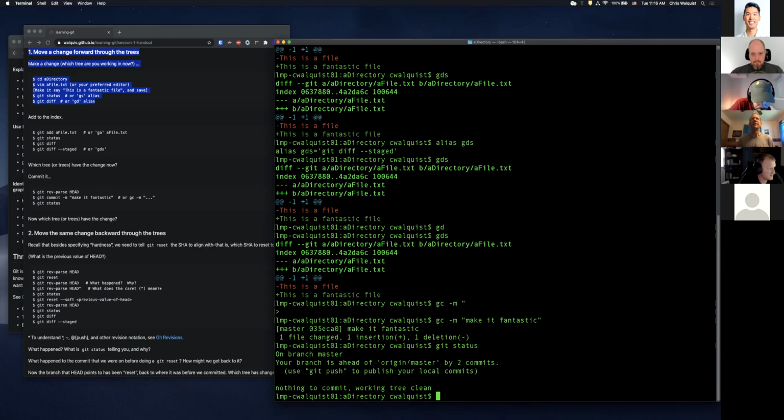So yeah, I've got it in, and now my changes moved all the way from workspace to index to now where head has, of course, moved to since I've committed. So now they're all back in sync. So all 3 of my trees are lined up again as far as changes are concerned.